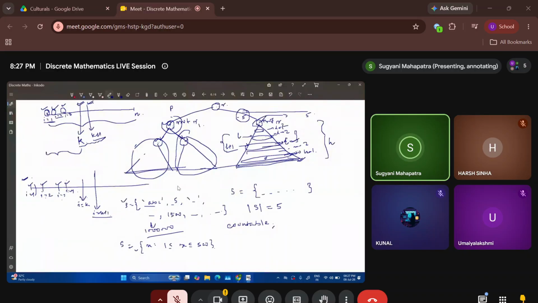Okay, so I missed one point. Here I said that this is hundreds of thousands. Even if it's hundreds of thousands, then you will be having a number. But if there are infinite such values, then you won't be able to count the number of values, right? So that's why it is an uncountable set. Okay, so this is a valid example, provided you don't know how many elements are there in the set,